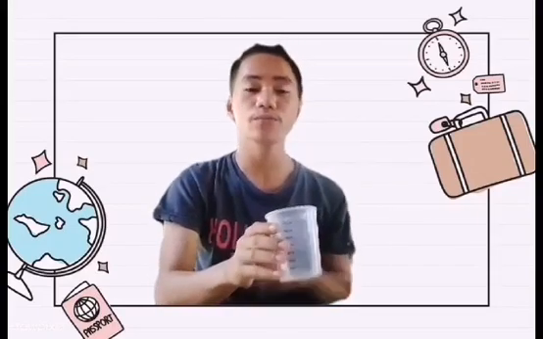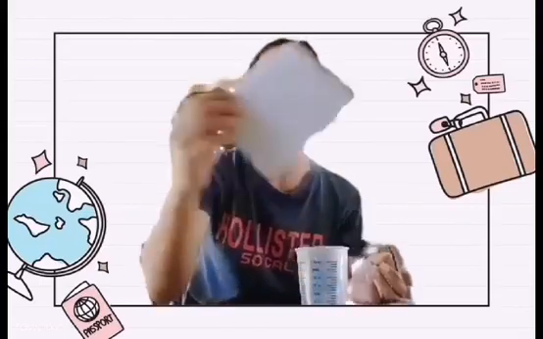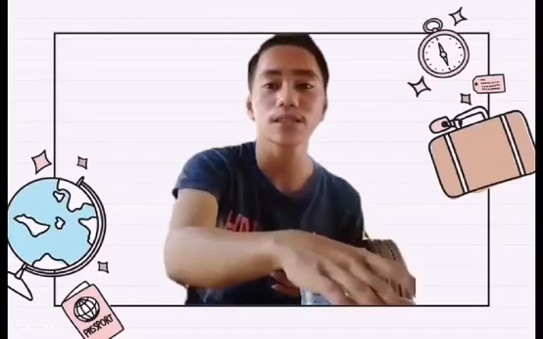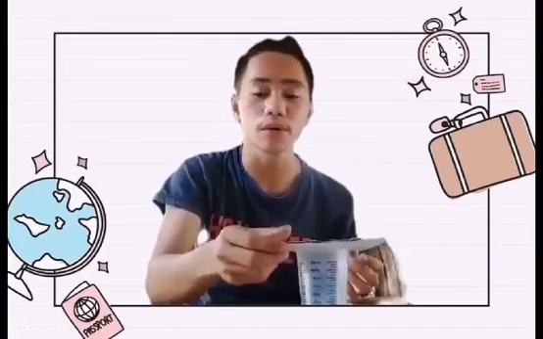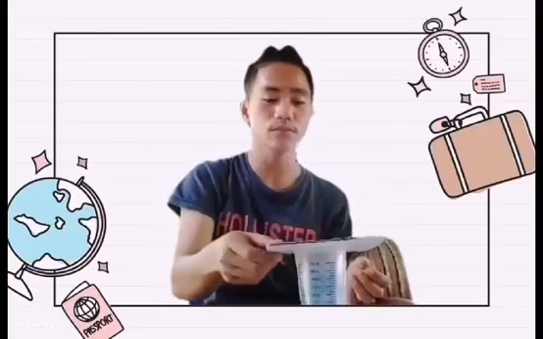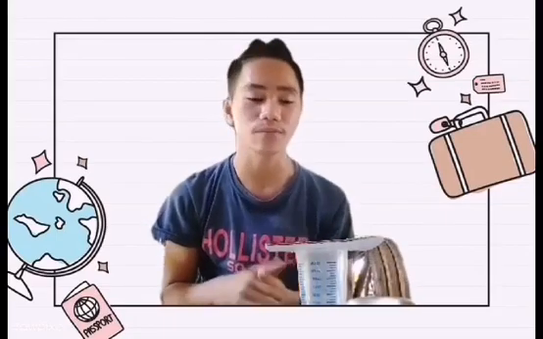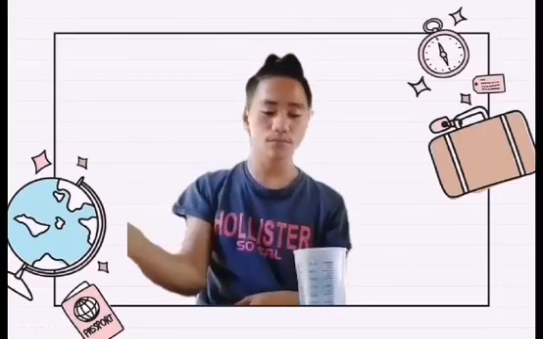So for example, we have here the needed materials, which are the glass, the coin, and the card. For example, place the card on top of the glass, then place the coin on top of the glass. After placing all materials, flip the card straight ahead. So my observation is that the external force has flipped the card away, but the coin drops vertically into the